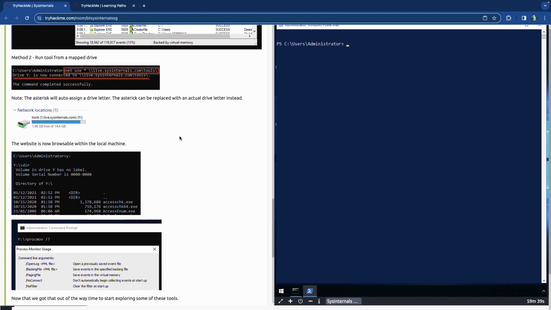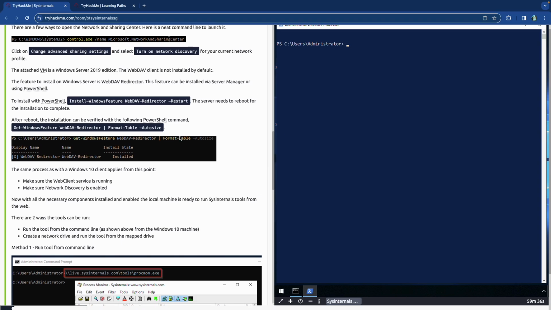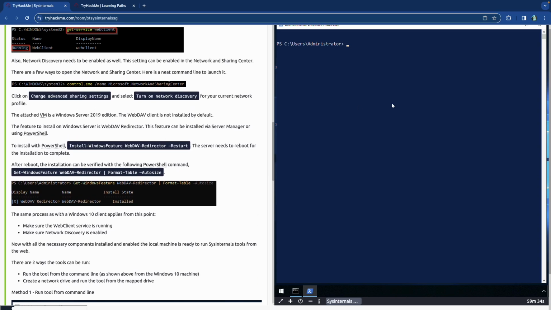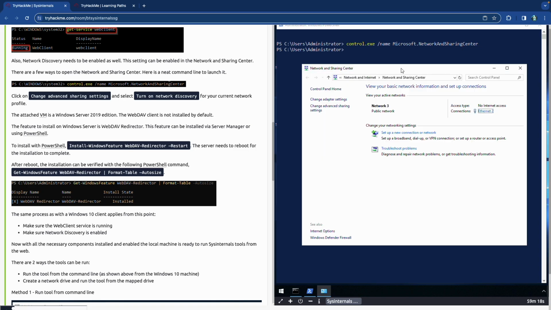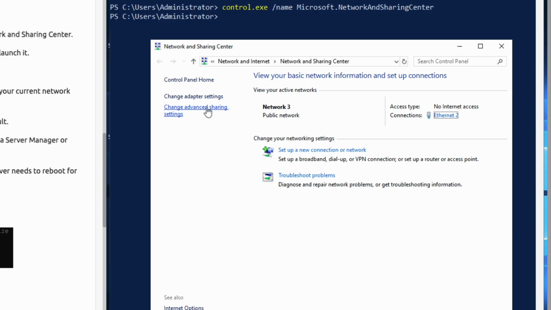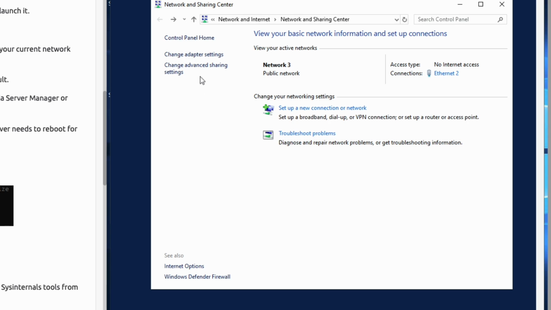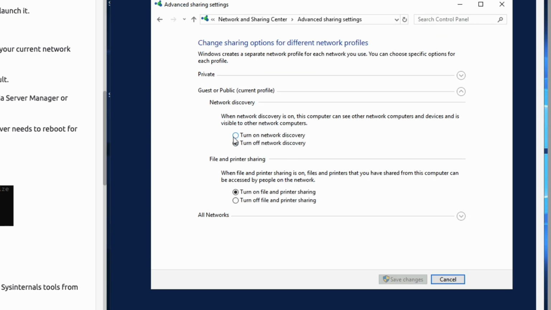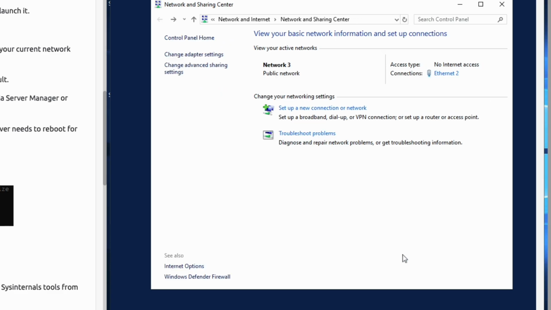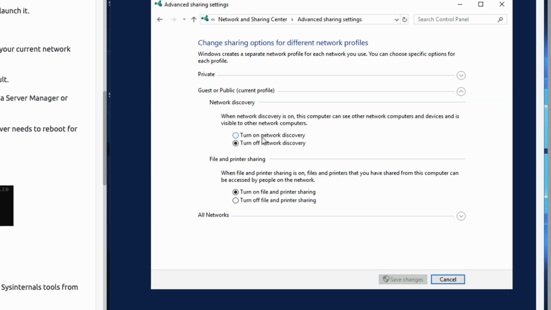But where is it? So we go back to this tab right here, and it's this little feature right here that is inside the Network and Sharing Center. So if we go control and then name Microsoft Network and Sharing Center, it opens this thing up, right? And then you go to advanced settings, and you're supposed to turn that thing on and save changes, and it'll close it. And then you go back here, and it's turned off again, and you turn it on again, save it,